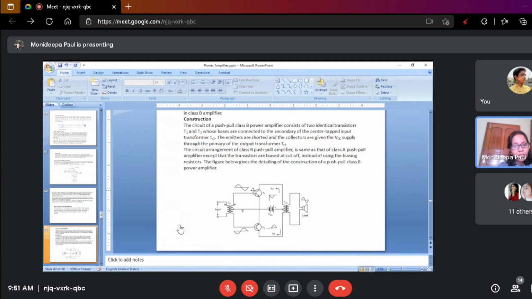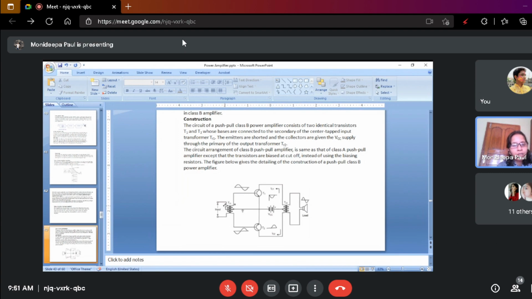So during the positive half cycle, transistor T1 is conducting, and the emitter base current is flowing in this way, and the collector current is flowing in this circuit. Again you see that this transformer, the primary winding, is again center tapped. So half the voltage VCC is applied to the primary winding of the output transformer, because it is center tapped, and current is flowing through this winding.